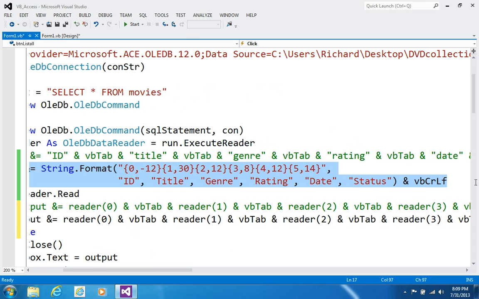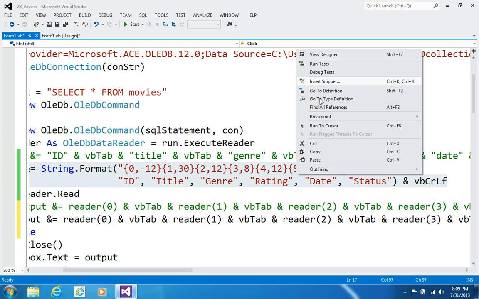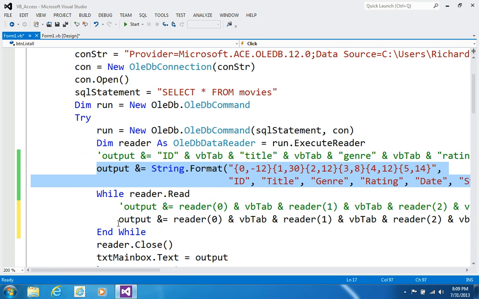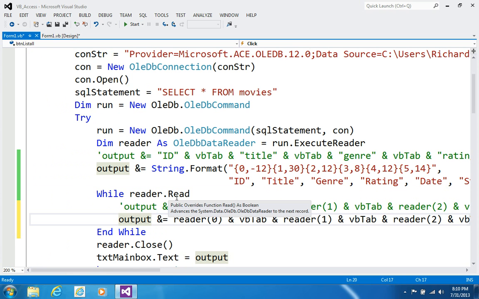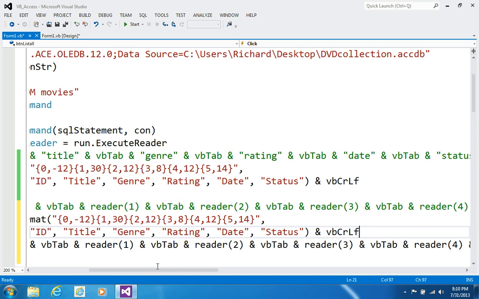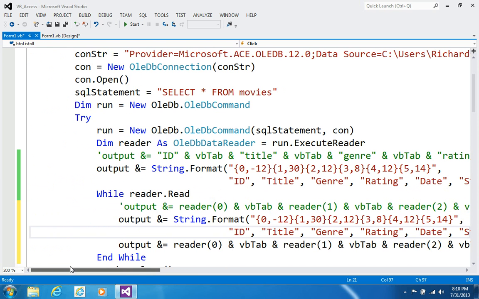So let me copy this and put it here. Instead of this, you say